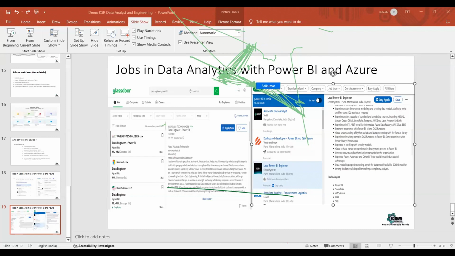Worst case, if you don't have a PF account, but if that company is valid, you can still enter this field. You can showcase your previous experience as data analyst experience. Now, how can you showcase? If you learn this course, you can showcase a minimum of 3 years of experience as a data analyst.